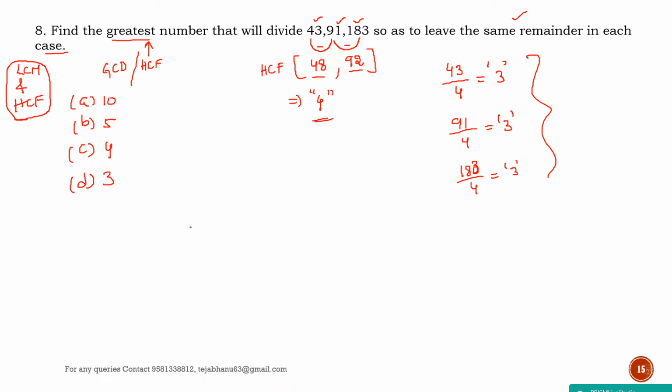If we are given like that, we have to go for option verification, that is, divide 43 with 10 and identify the remainder. Divide 91 with 10, identify the remainder. Divide 183 by 10, identify the remainder. Now this iteration will be repeated. We have to use the trial and error method. It is repeated for the third option to get the answer. I hope it's clear. This is how we do the option verification.